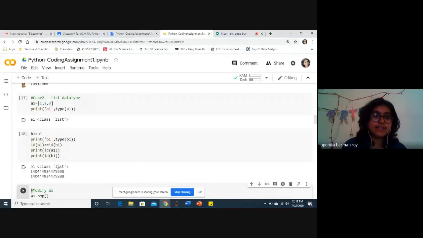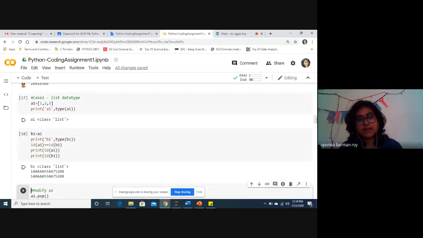And see the ID of a1 and b1. In the ID we can see the storage location, which in C we call a pointer. The ID where a1 is located is the same ID where b1 is located because we have made b1 equal to a1. So it is mutable.